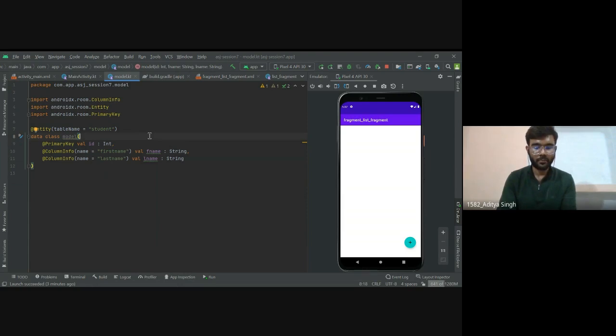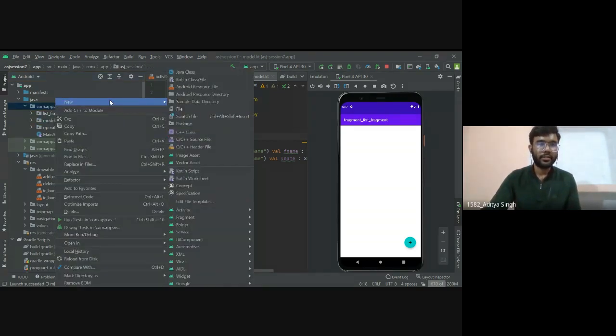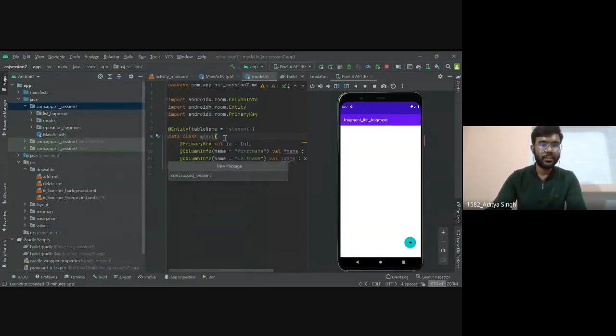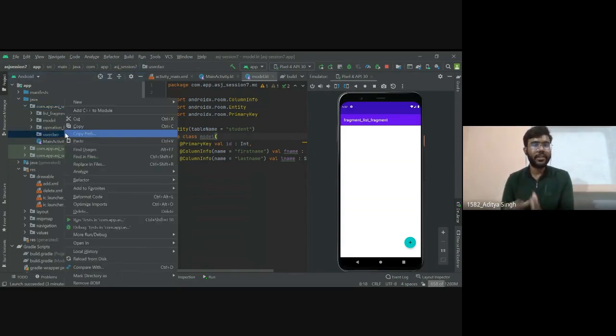So let's create another package and name it userDao. DAO is a data access object. We created this package, and inside this package we will create an interface.